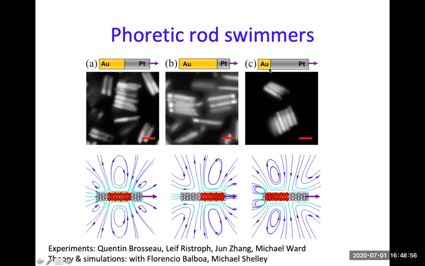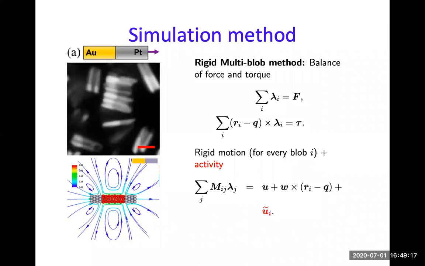And short gold, right? The slip layer will be in the back. The propulsion layer is in the back, and that would be a pusher. And indeed, the fluid flows that you get are fluid flow coming in the middle and going out at the back. And for the numerical method, we have to maintain the rigidity of this. It's a bit more complicated. There is noise prescribing this activity, the slip layer.